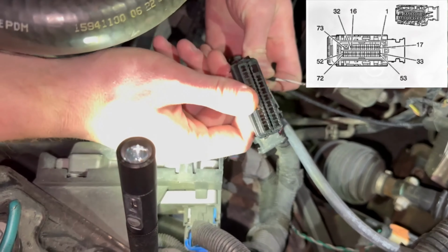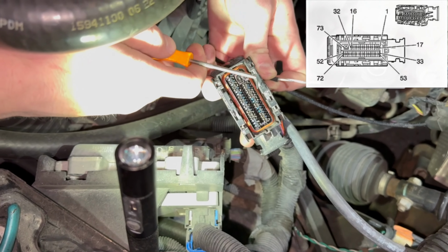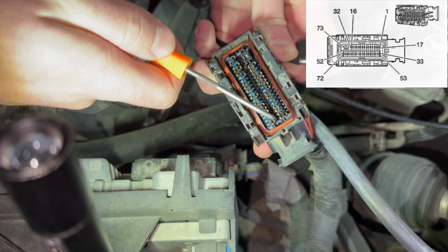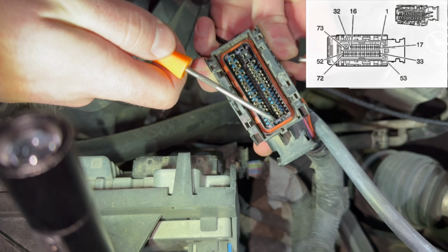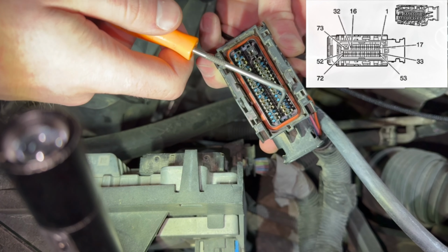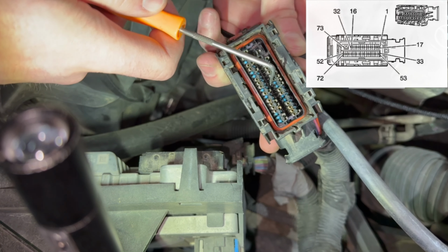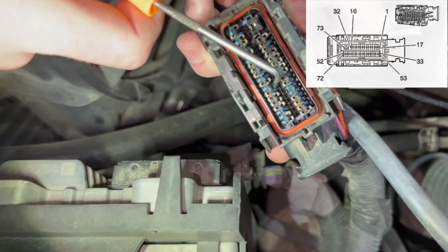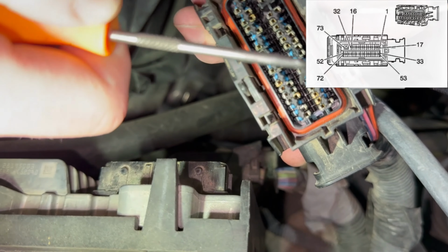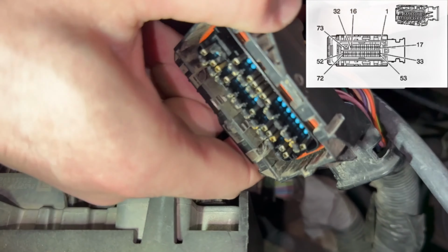All right, so I went ahead and took this little cover off here just so you can see how these pins look a little easier. So this is first row, second row, third row, fourth row. We're gonna be in the third row. And this right pin in the third row is pin 33. And you're gonna count over from 33, 34, 35, 36, 37, 38, 39, and 40. And I already kind of pushed the little blue tab thing out that retains the hole, just so I already know where it's at. But we're gonna go ahead and push that out all the way, or go ahead and turn it over,